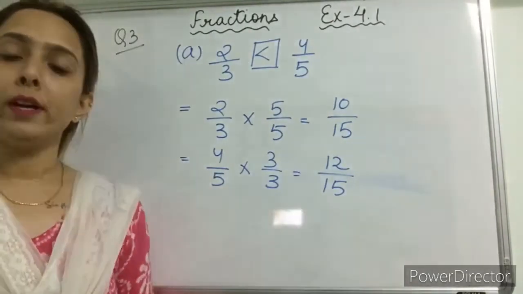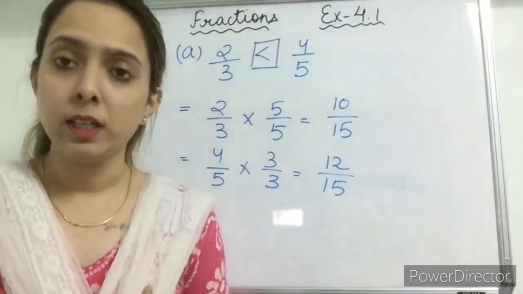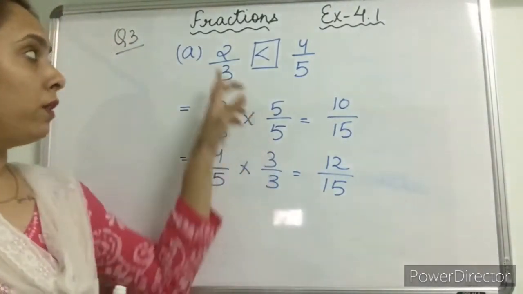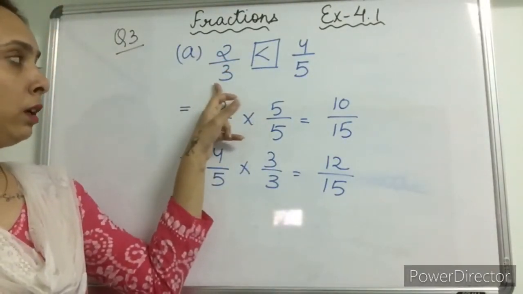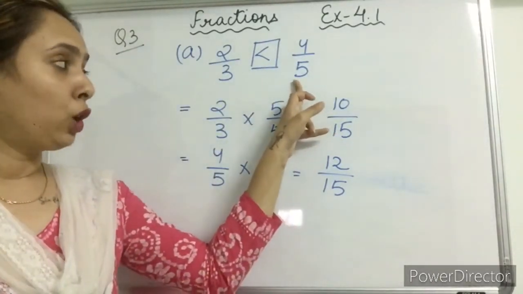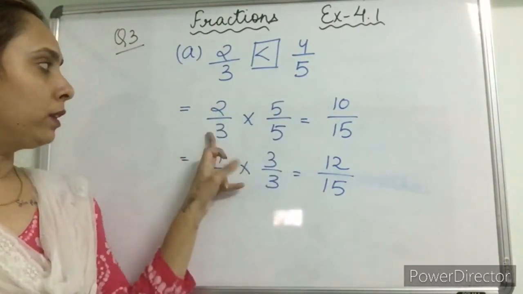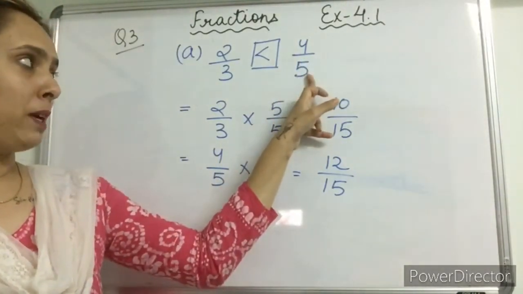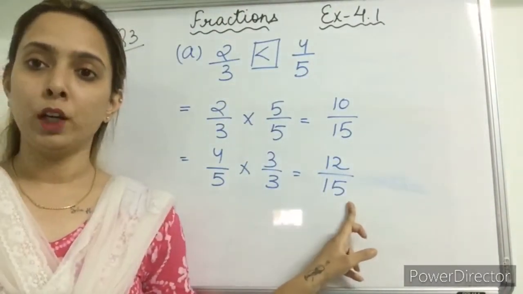What you have to do when two unlike fractions are given to us and the question says that you have to compare these fractions, which one is greater. So what we will do, we will simply write down the fractions like this. Then 2 upon 3, the denominator of the other fraction will be multiplied here. So here 2 by 3 is multiplied by this 5, and 4 upon 5 is being multiplied by this 3, so that we have got the same denominators.